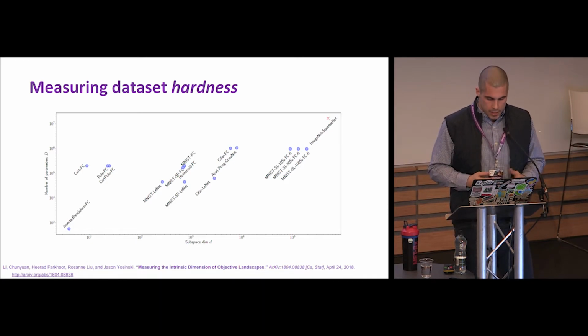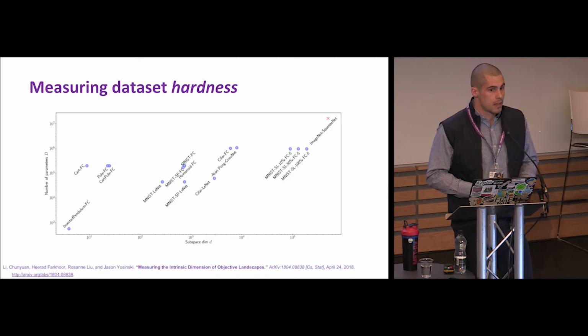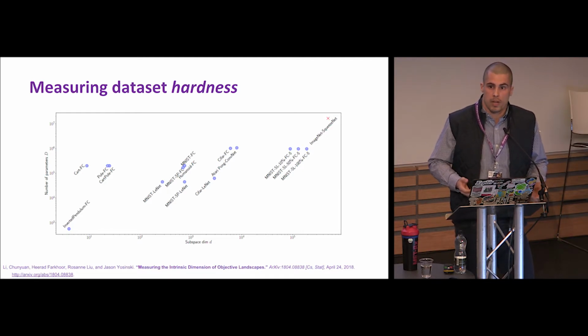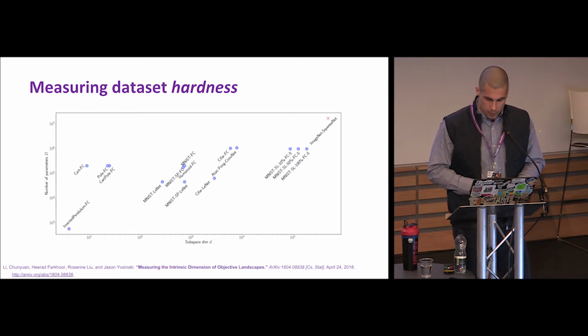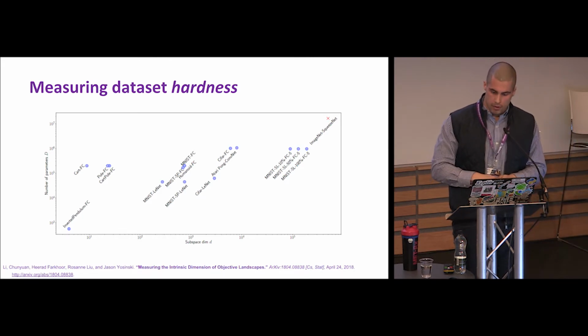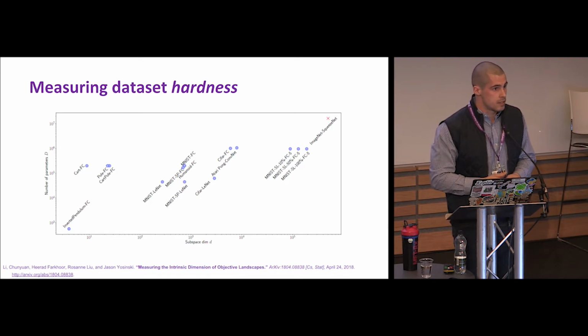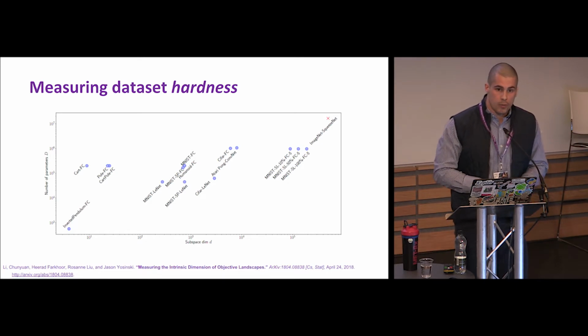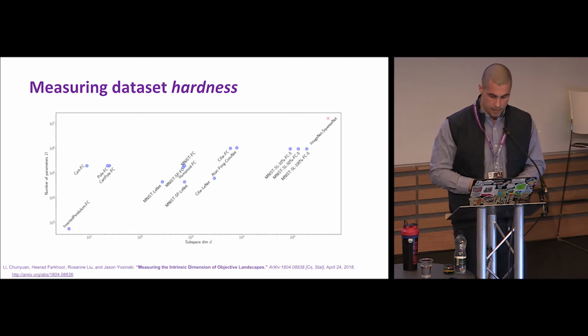Essentially, what you need to look at is that the more to the right and the more up the data set is, the harder that data set is for a machine learning algorithm to solve. You see that red cross in the upper right corner. This is ImageNet, the data set I mentioned earlier, where you have 1,000 categories and more than 1 million images, which people develop machine learning models to classify.